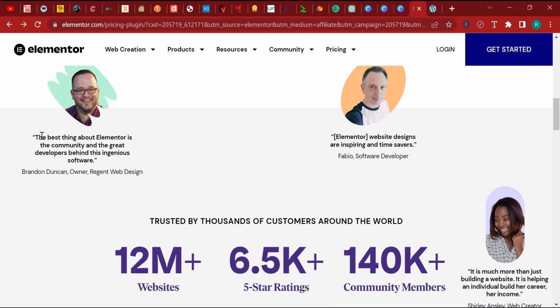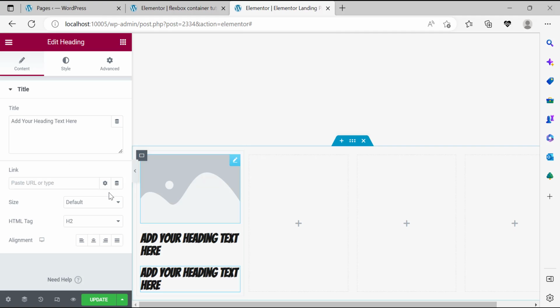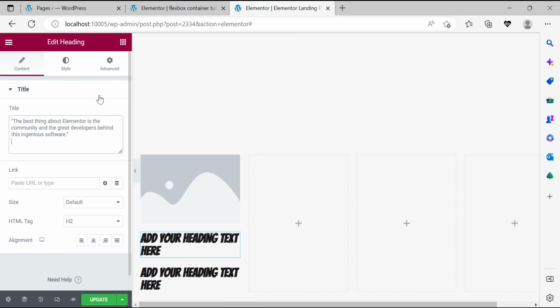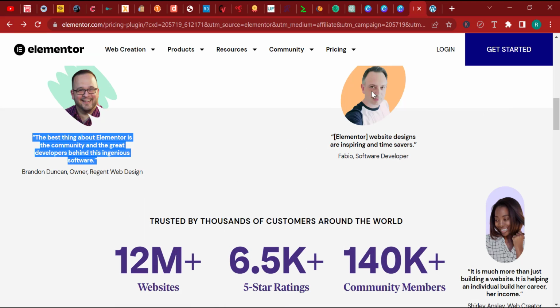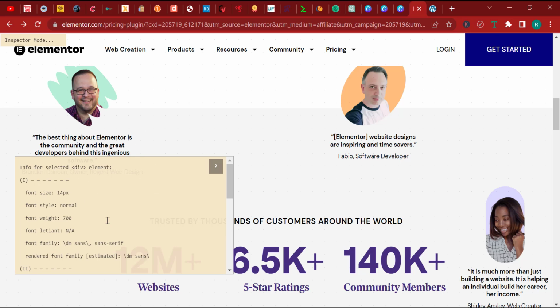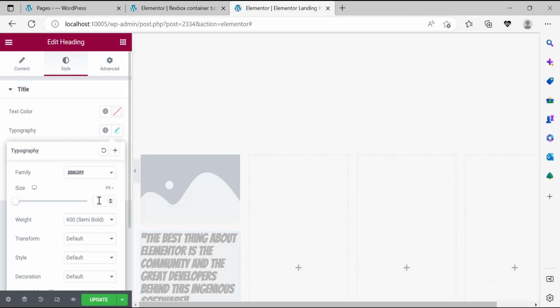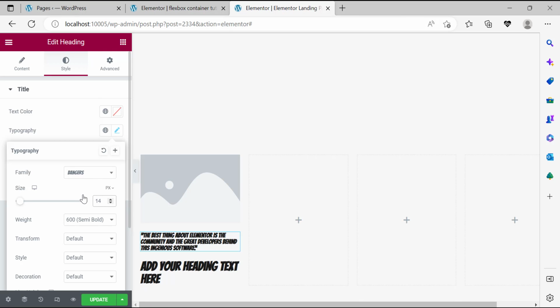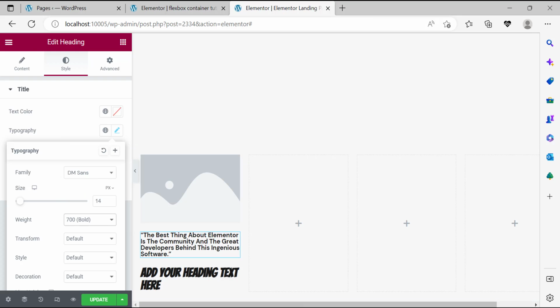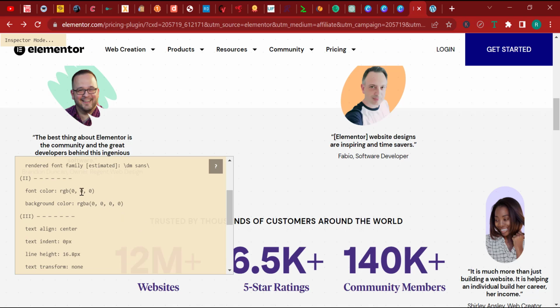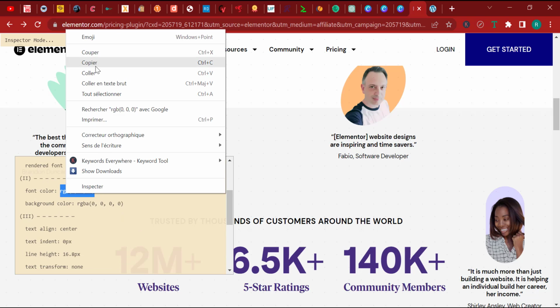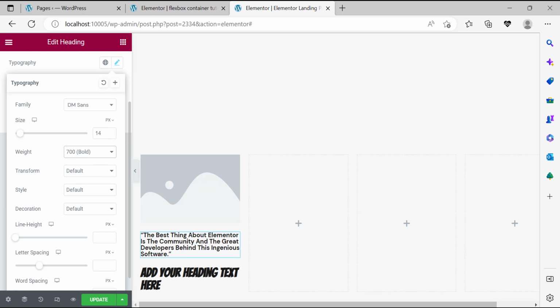Now let's start with the text first because that's the easiest thing. I'm going to copy this text, click here on this heading and paste it. Now we've pasted our text, and then right now let's come back here, click the font inspector and click here to see what kind of font this is. 14, 700, DM Sans. Right, so style, typography, 14, and then here DM Sans, and then here weight is 700, and then if I scroll down here, font color RGB 0, 0, 0. But first off here, let's see, the line height is 16.8,